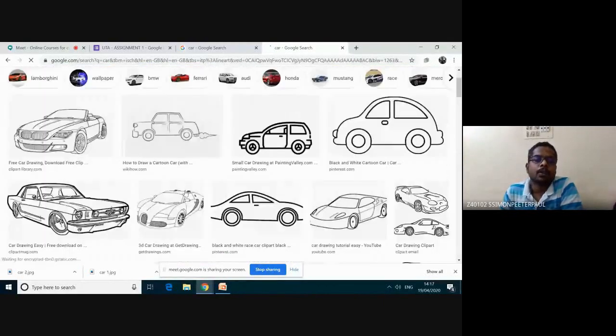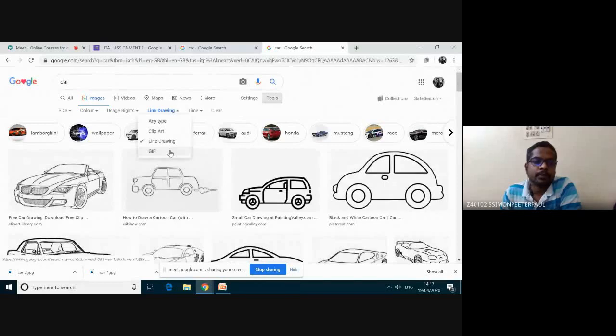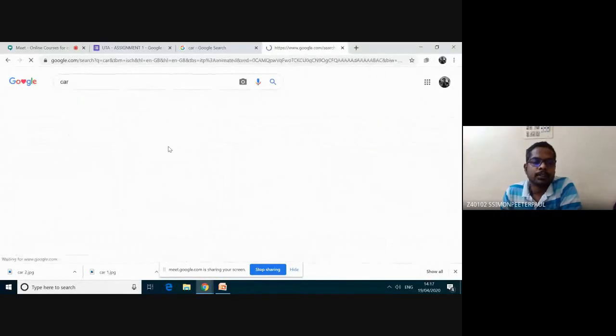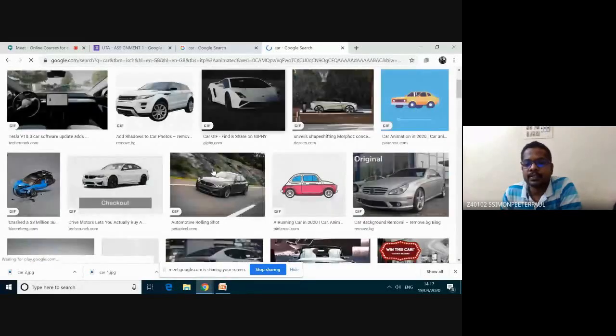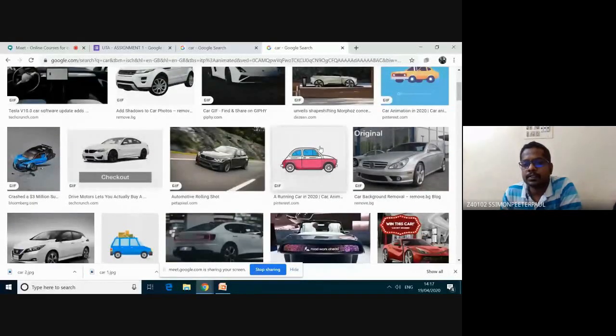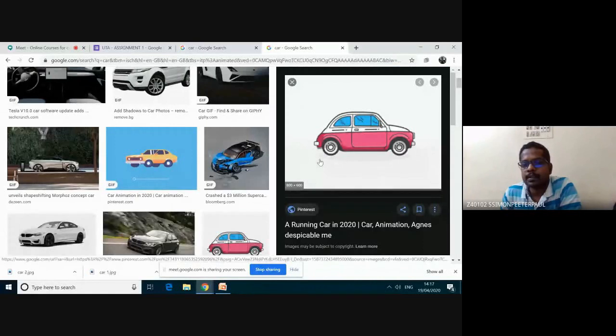And then if you are going for GIF, it will have some movements. I'm clicking this one. So it will have some little animations. So these are called GIF images.